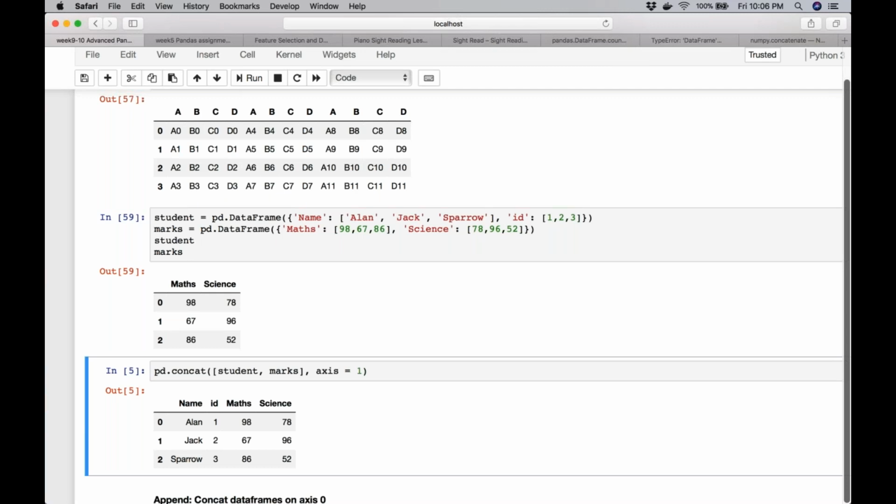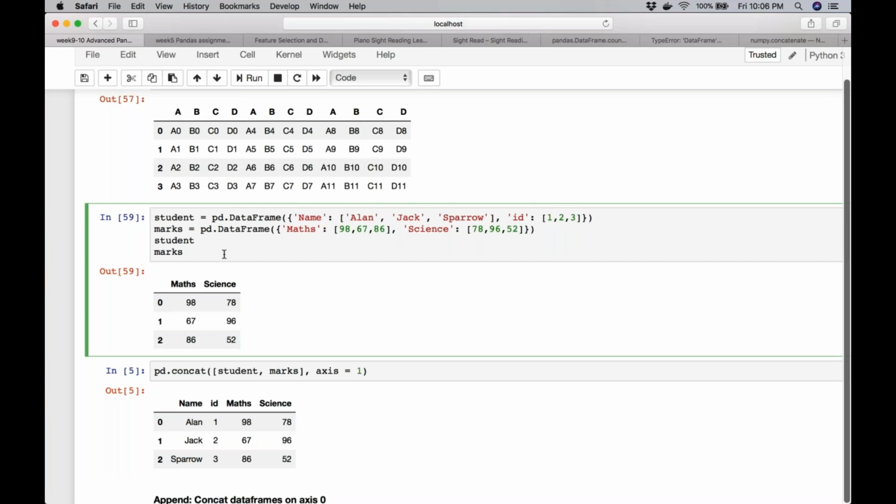Because in this case we just have one data which is name and ID, and the second which has two subjects. We don't know which row corresponds to the name and ID in my student data frame. So ideally, this would not be the case.